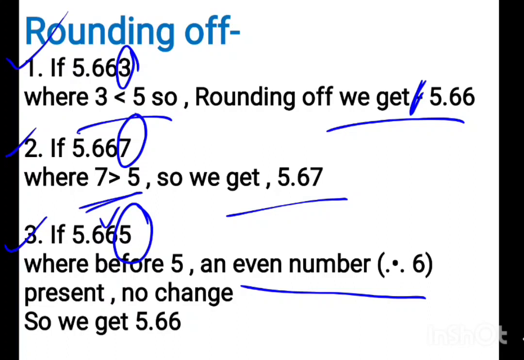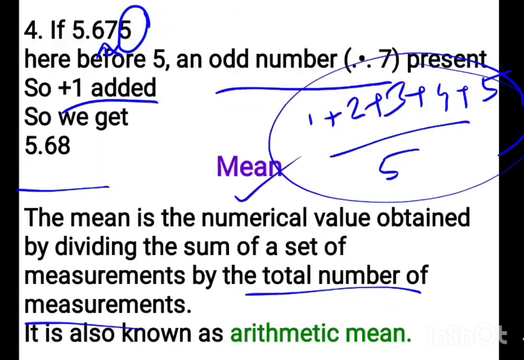ওকে, if 5.665 এক্স্যাক্ট 5 আছে তাহলে কী হবে, 5-এর আগে যদি তোমার অড নাম্বার হয় তাহলে +1 হয়ে তোমার রাউন্ড অফ হলে তাহলে তোমার 5 বেড়ে যাবে। তোমার 5-এর আগে যদি ইভেন নাম্বার হয়, 6 তো ইভেন নাম্বার, তো দ্যাটস ওয়াই 5.66ই থাকবে। কিন্তু যদি 5.675 বলো তো 5-এর আগে আমার অড 7 আছে, তো দ্যাটস ওয়াই +1 অ্যাড হবে, তো দেয়ার মাস্ট বি বাই রাউন্ড অফ উই গেট দ্য নাম্বার অ্যাজ 5.68. বোঝা গেল? বিকজ 5-এর আগে তোমাকে দেখতে হবে অড আছে না ইভেন আছে, যদি অড হয় +1 অ্যাড হবে, যদি ইভেন হয় +1 আর অ্যাড হবে না। ঠিক আছে,